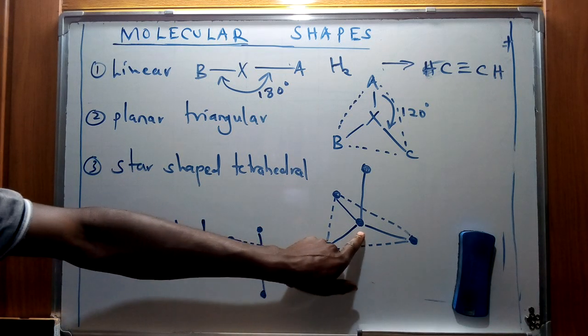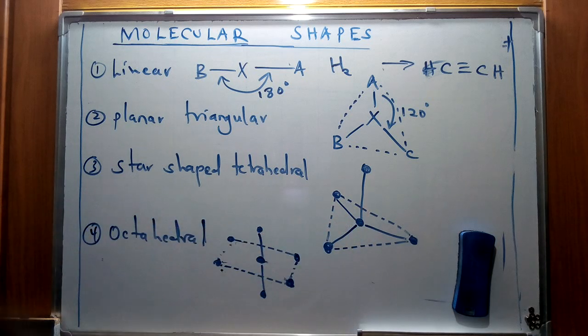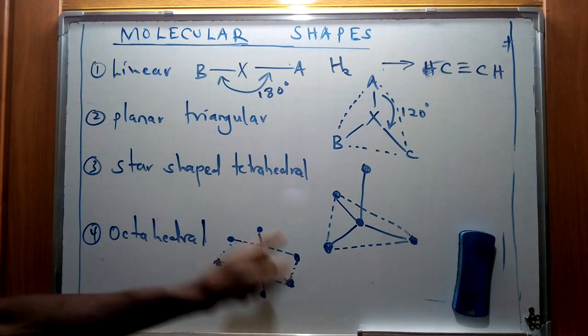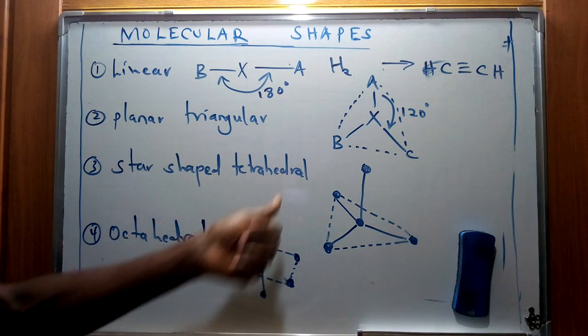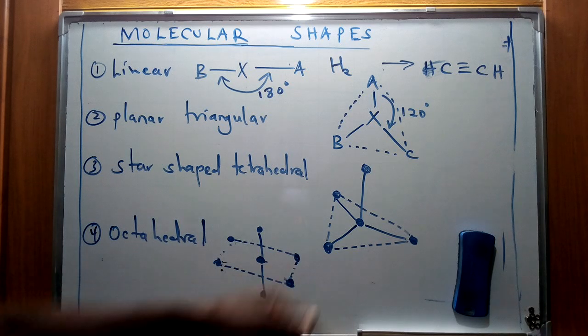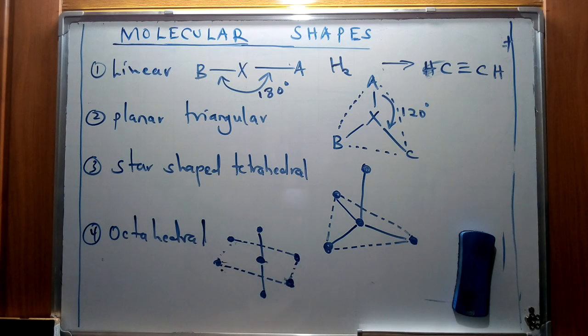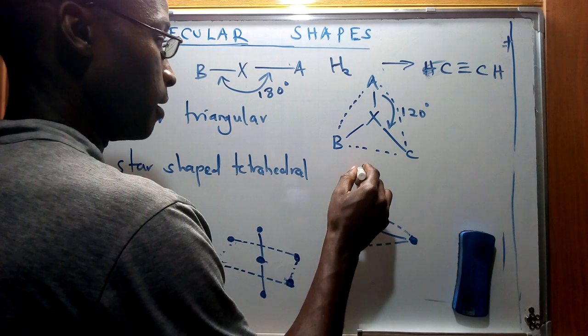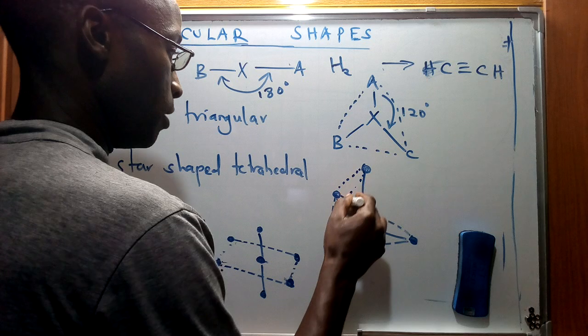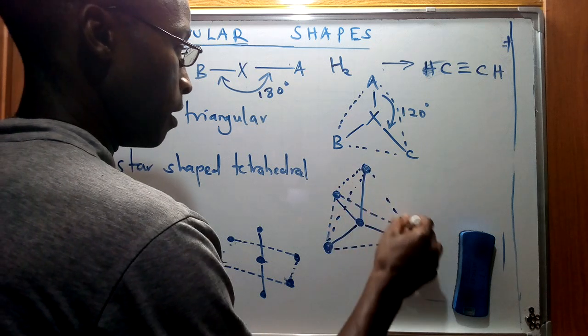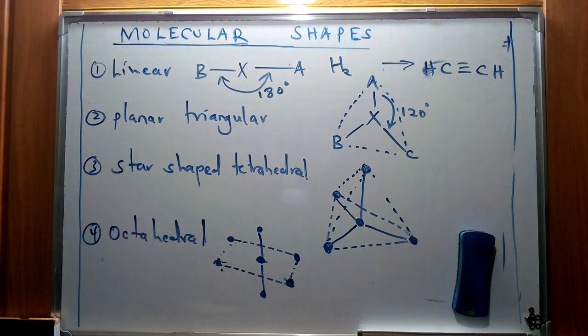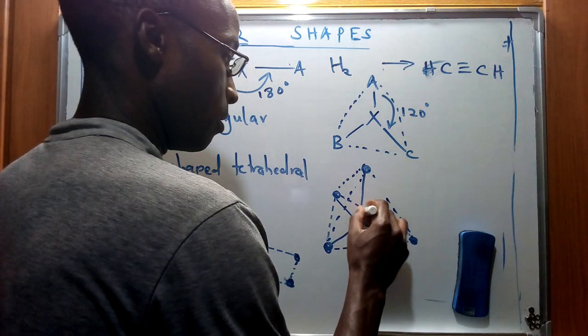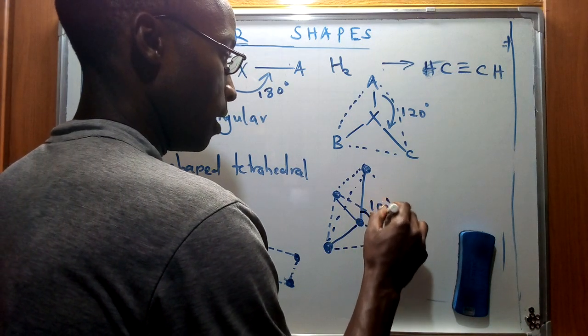Now in this case I've given solid lines to show the bonding. For the tetrahedral structure, I've given the dotted lines, which are going to assist us to figure out how that one is going to appear. Now for instance, if you try to complete this specific geometrical shape for this atom, I hope this one is going to be elaborate. Now we're going to see that the bond angle is going to be